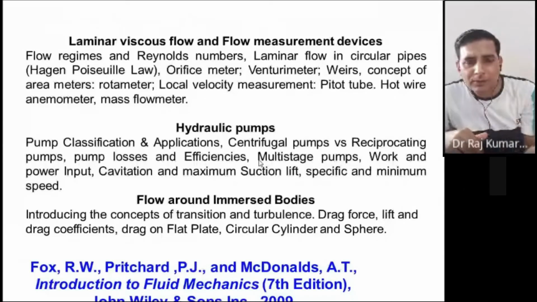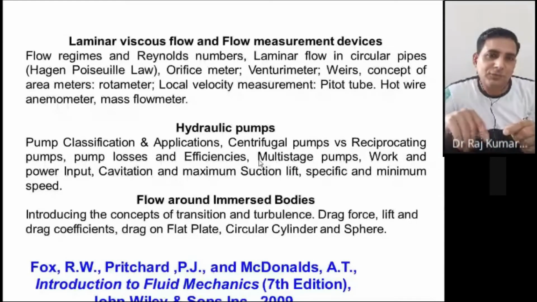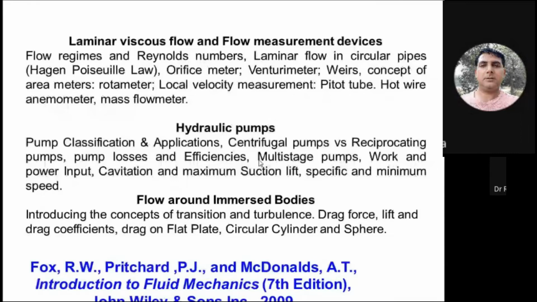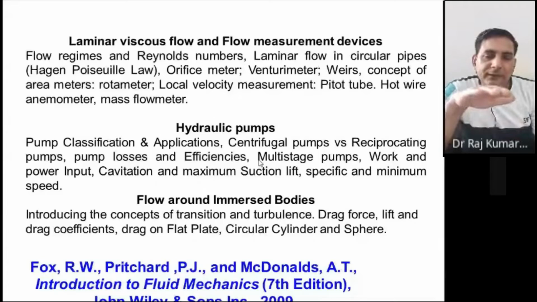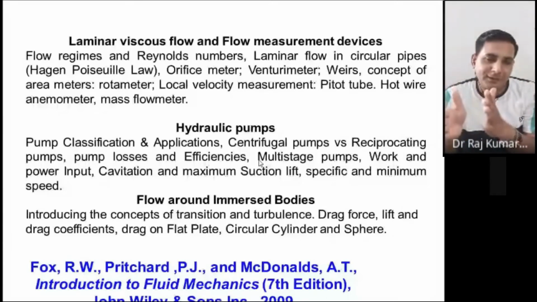If you increase the velocity more, what will happen? That pattern will change, right? Once we have more velocity, it will be slightly zigzag, slightly disturbed, not totally. That's called the transition zone. That happens between 2100 and 2300. That is the number actually. How do we calculate it? We will tell in the course part.